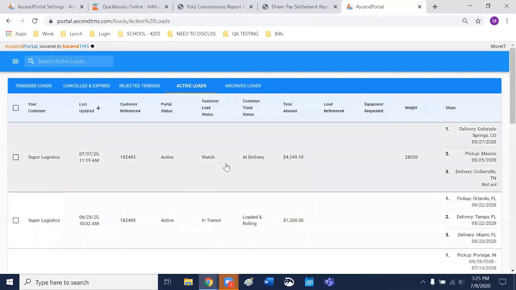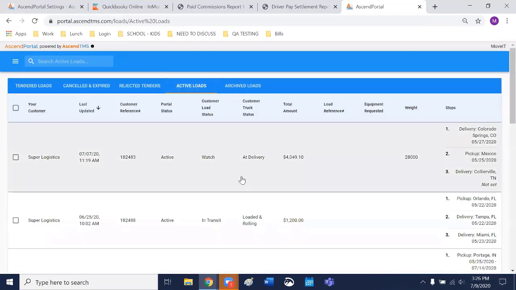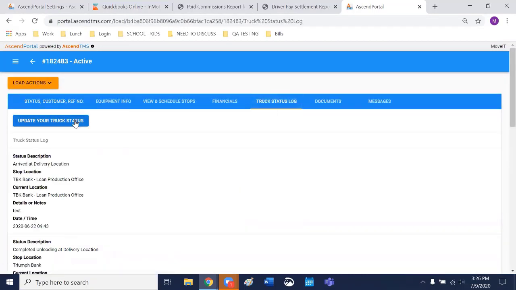Right. So when they are here, they've got tendered loads. So when you build a load, there's a button right next to it that says tender load to, and it will say carrier for right now. We're coming out with a driver portal later, but I just want you to know this is here. And as a thought, they'll get tendered loads. They'll get an email, hey, you have a new load. So they'll come in here, accept it. It'll move over to active. I'm giving you a super fast run through, but they've got this truck status log.